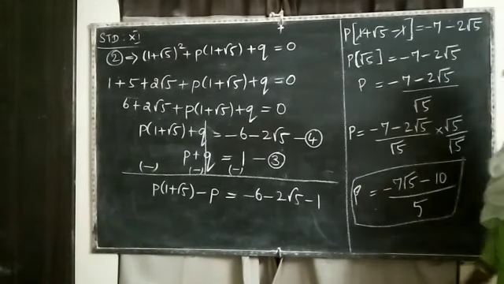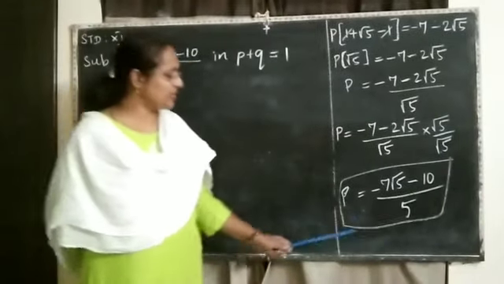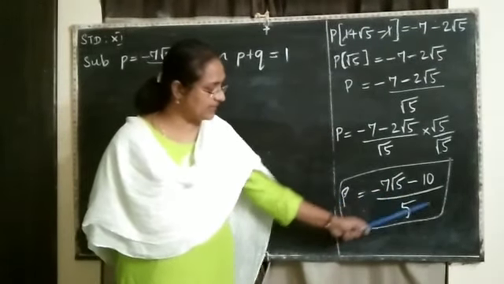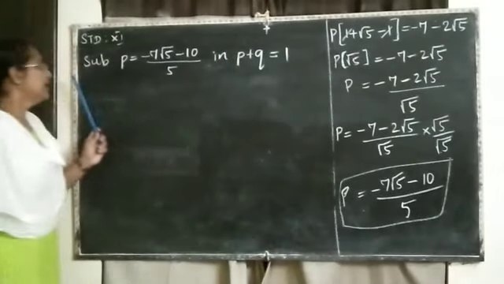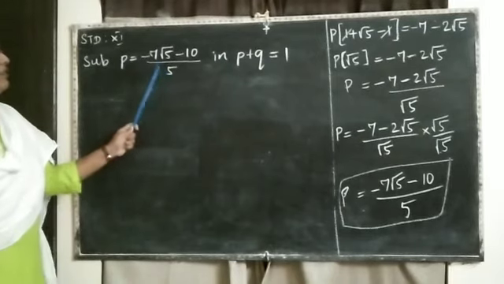Now we have come to the conclusion of finding the value of P. With the help of this value, we are going to find the value of Q. Shall we? Okay students, so we arrived at the value of P: (minus 7 root 5 minus 10) divided by 5. Now, in order to find the value of Q, we are going to substitute the value of P into